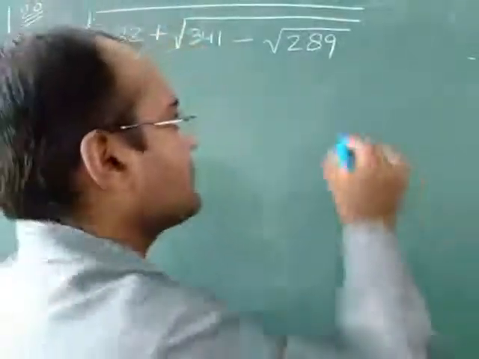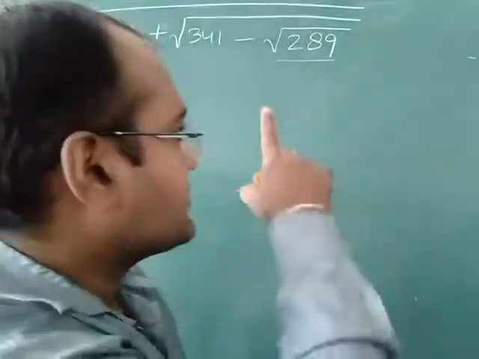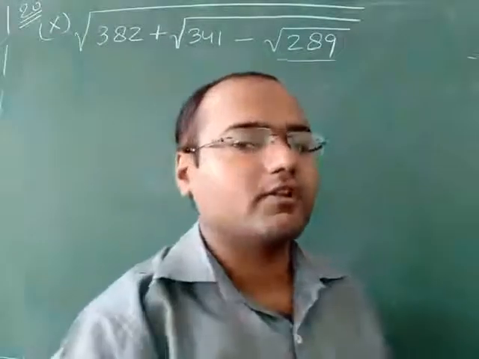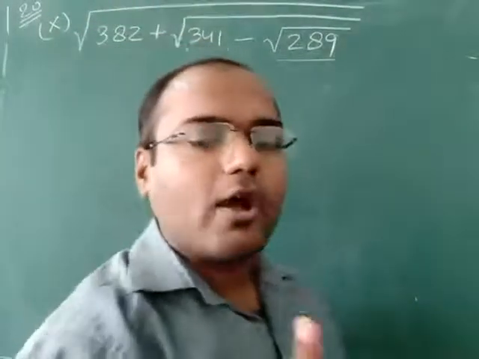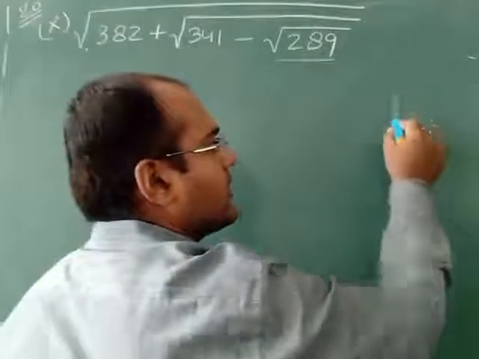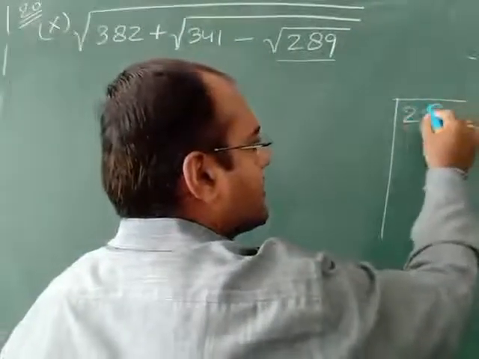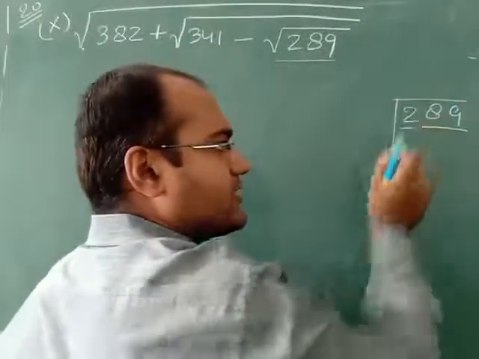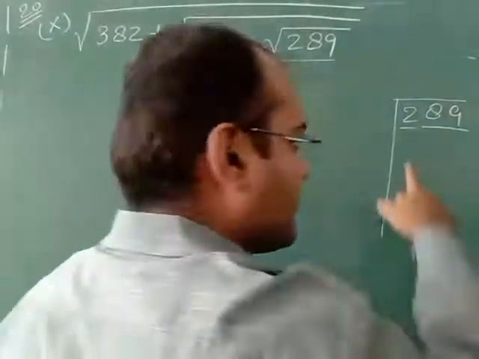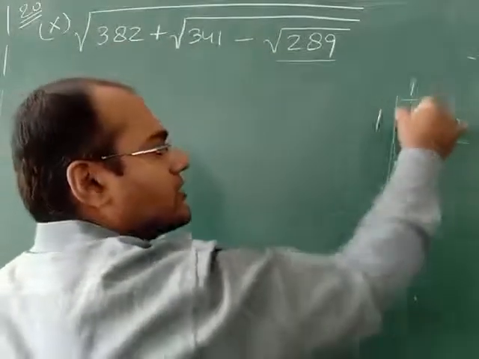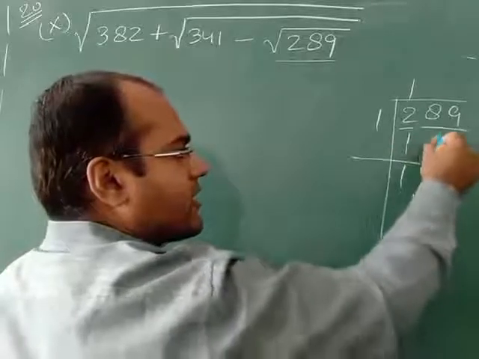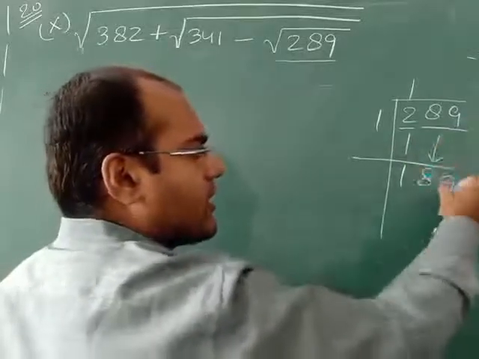This is the smaller square root. So first of all we will solve this 289. So square root of 289 you can find with the help of the division method. The last two numbers and this single number we have to underline as only 1. Now 1 times 1 is 1. On subtracting it we will get 0. This 89 we have to write as it is.